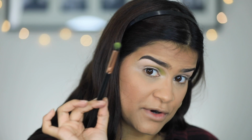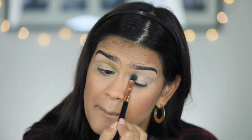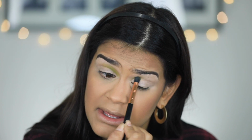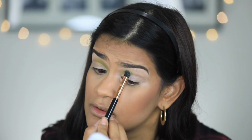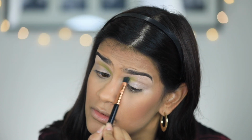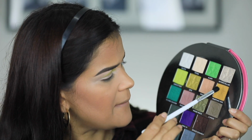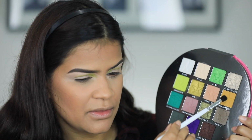And that one so far is blending like a dream. Look at the brush that I'm using. It's not even a real blending brush. My plan was to pack it on and then go in with another brush to blend it. And honestly speaking, it's blending on its own, so easy to blend so far. Next, I'm gonna take Marshall Soil